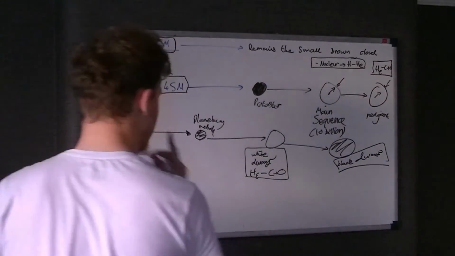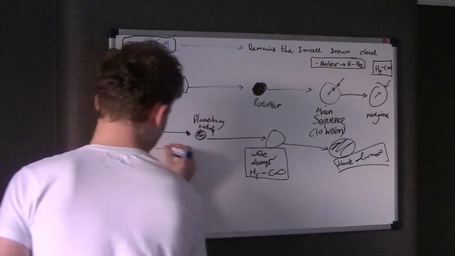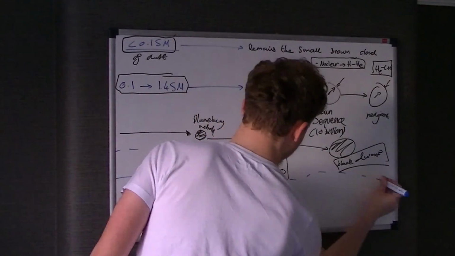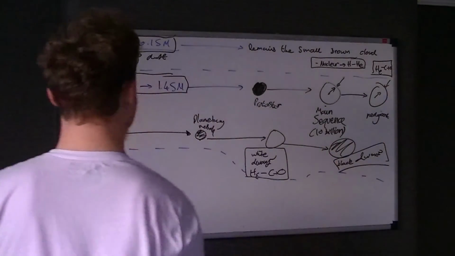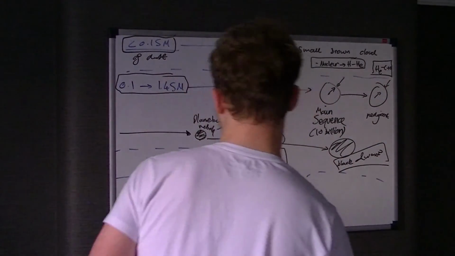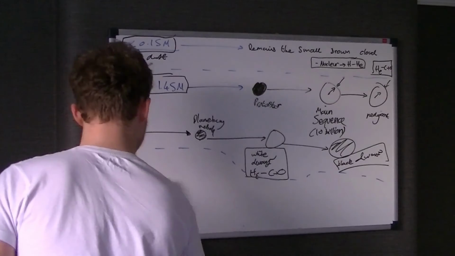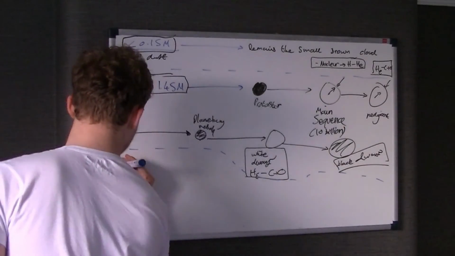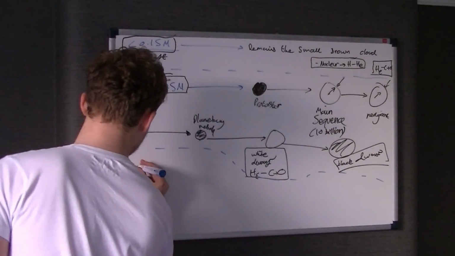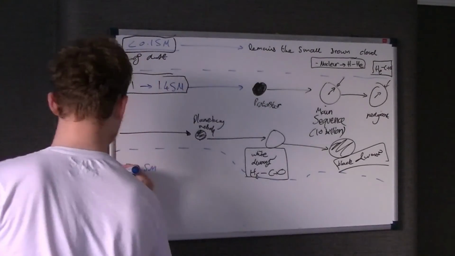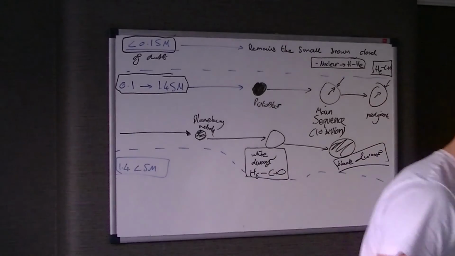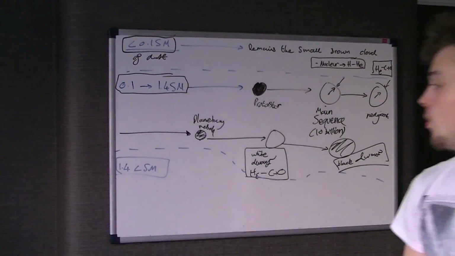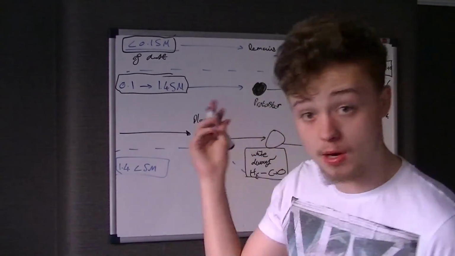Okay, so that's the stars that are between 0.1 and 1.4 solar mass. But what happens when we increase the solar mass of a particular star, and the solar mass is now greater than 1.4? Okay, well, it starts in exactly the same way,